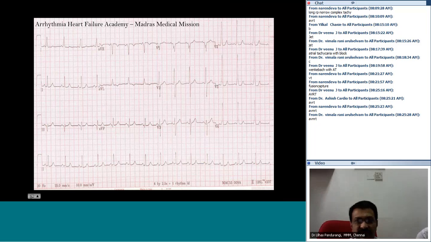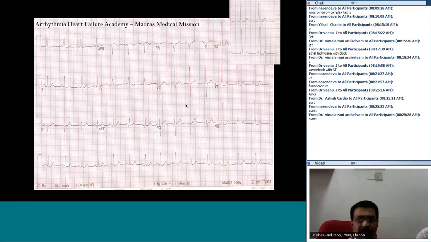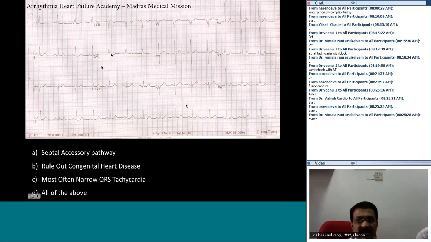With this background, I am going to be putting up some questions for you. This ECG pattern is suggestive of septal accessory pathway. This ECG, if you see, you should rule out congenital heart disease. If this ECG, you would,